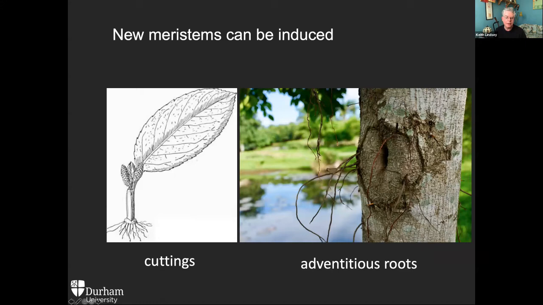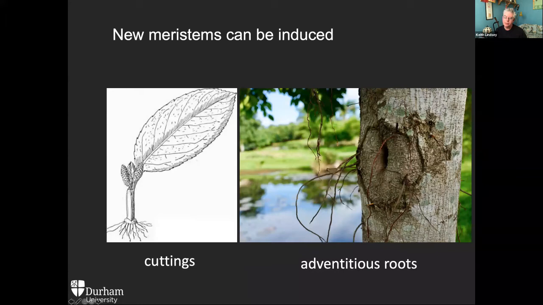So this is a begonia leaf drawing, and when you chop it off the plant, it's able to regenerate completely new root systems from previously differentiated leaf tissue, in this case the petiole down here. And plants have this ability to generate new structures from previously differentiated structures. So these are adventitious roots,